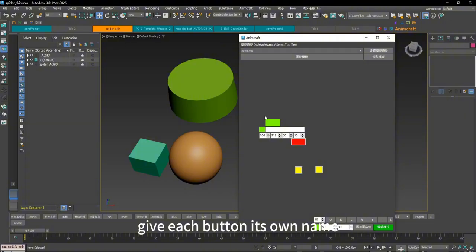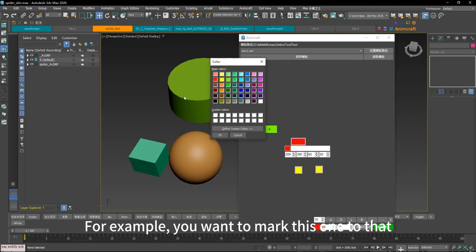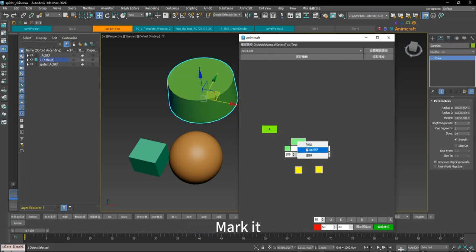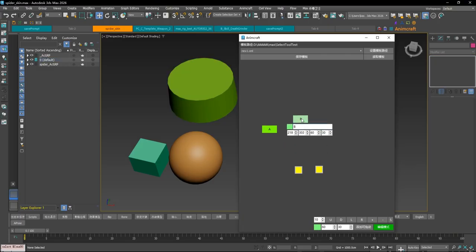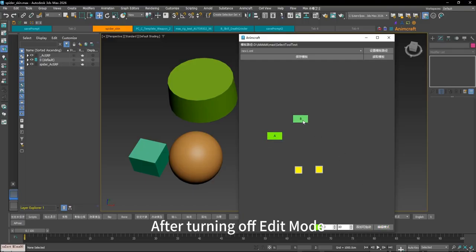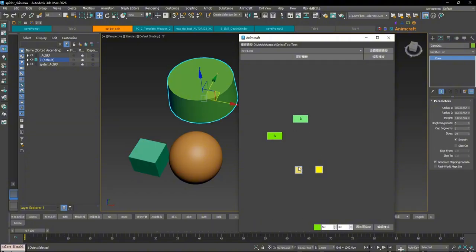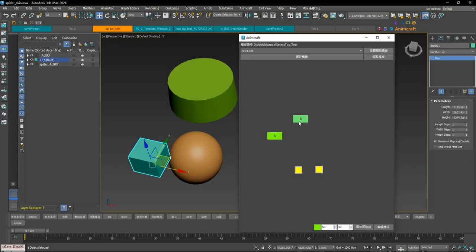But you can give each button its own name. You can name it yourself. For example, this thing. If you want to call it A or any other name, it's fine. For example, you want to mark this one to that. Select another, then select it. Mark it. You can call it B. After turning off edit mode, click this A. It will automatically select. Hover over it, and you can see this box and this